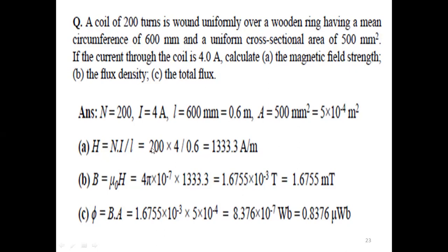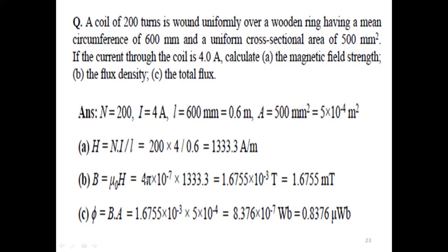Next, from the flux density or permeability formula, we know that B equal to mu H. We know the formula here now. So relative permeability he has not given here now. A coil of 200 turns wound uniformly and cross sectional area he has given. So there is no relative permeability given. We will assume that as 1. Mu r equal to 1. We can assume that. And since he has not given it, B equal to mu naught H we have to consider. Mu r equal to 1. We have to assume that.